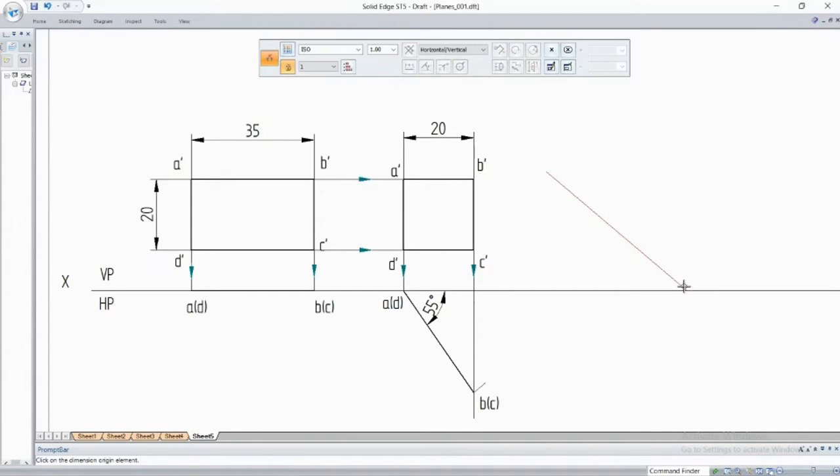You can just place a point here, then measure the angle and take 40 degrees to the left. This is 40 degrees. Now what you have to do is place this edge on this 40-degree line. If you place this edge on this 40-degree line, that is edge AD here. What about these two points B and C? They will come above the 40-degree line.